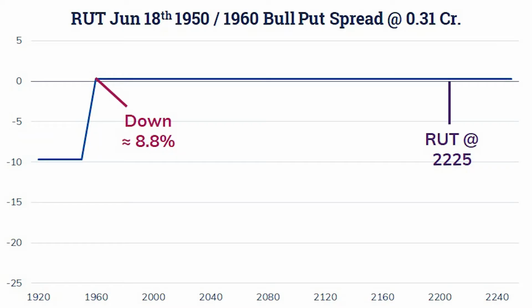And then turning to the Russell 2000 complex, today with the Russell 2000 near 2225, somebody came in and did a bull put spread, selling the June 1960 puts for 466 and buying the 1950 puts for 435. That's a net credit of 31 cents. Got a risk of 696 on this trade, but a buffer to the downside of 8.8%. So the Russell 2000 really does need to make a dive to the downside for this trade to be in trouble.